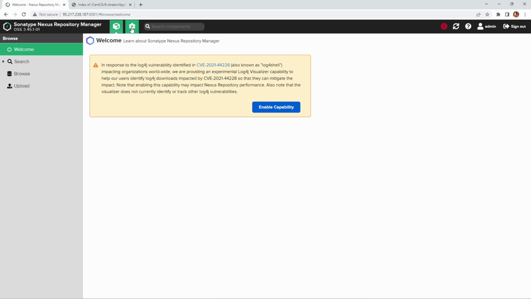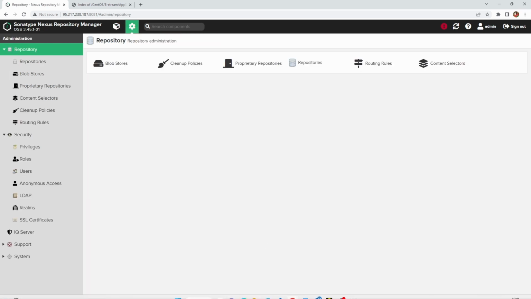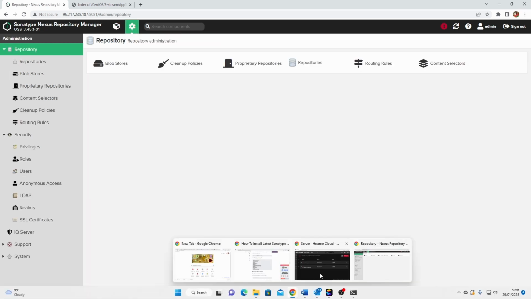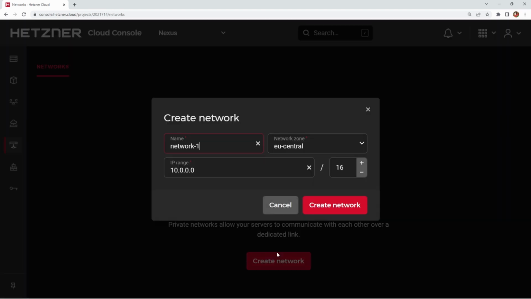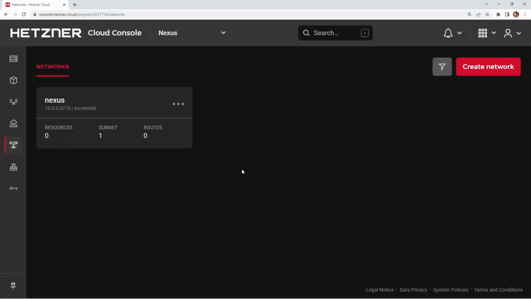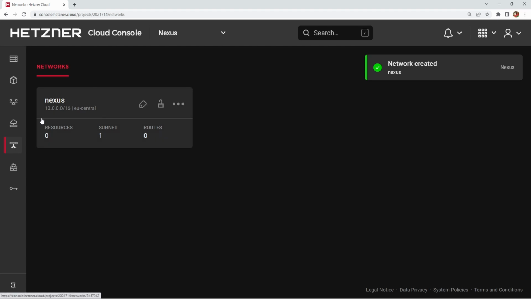Yeah. Obviously, it would be quicker. It would be better to set up a network. So if I click on create network and access Nexus over the local network rather than the public network. So if I just go create network, I'm not going to bother creating a subnet,